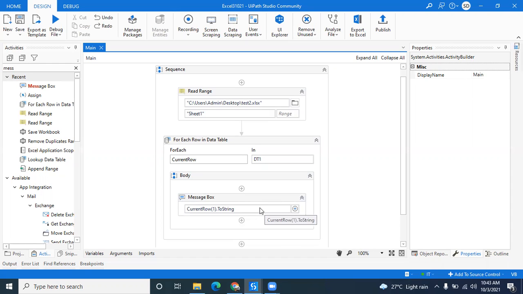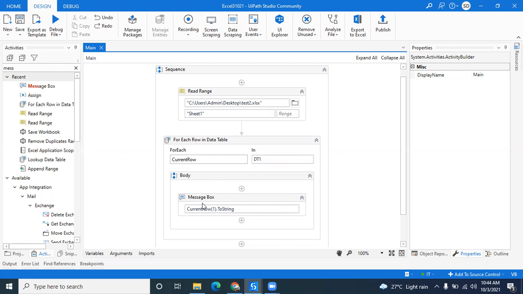No. Actually, we have standard activities and standard syntax, because since we are using the for each row activity, we don't have a for each column activity. We have only the for each row activity.